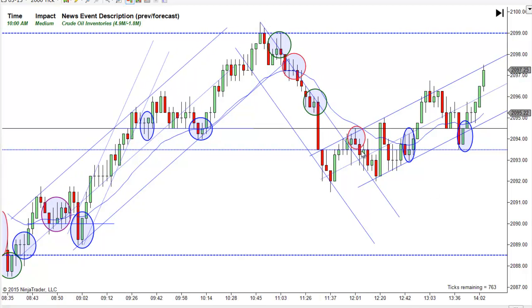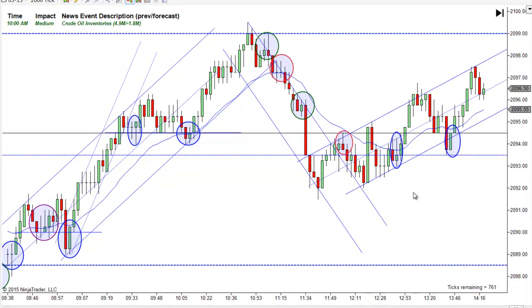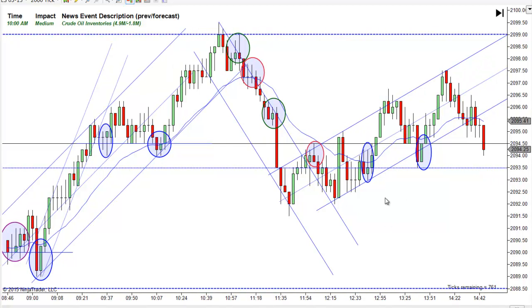And notice it's either acting as support or resistance almost every time. Notice how prices try to close above it or below it, or the bar actually touches it and closes, and turns or whatever. You'll see that over and over, and that usually tells you there's some kind of support and resistance in there, if you notice that. But anyway, you got a new low, pull back, first entry, pull back, and that's